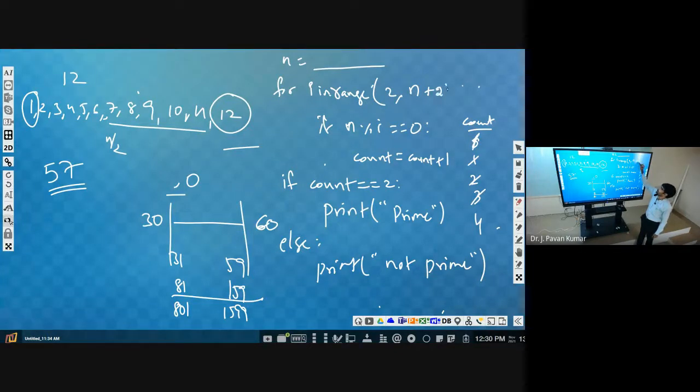Correct? Now why are we using parenthesis? Otherwise it will perform this division first. To increase the priority, we are using parenthesis. This kind of thing we have discussed already.